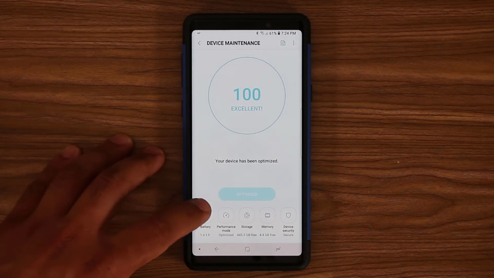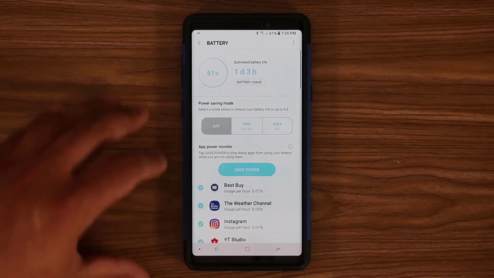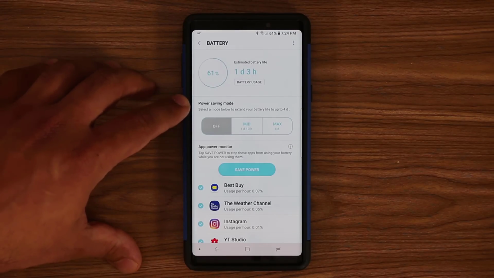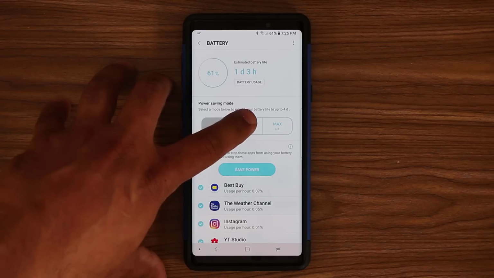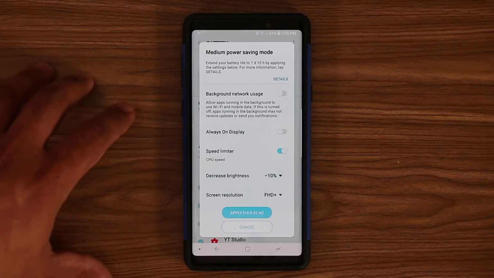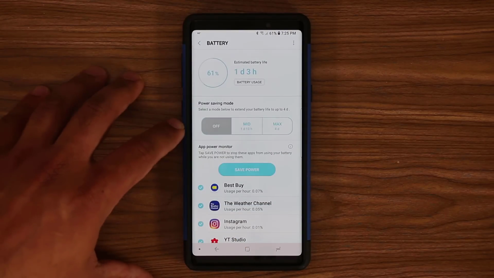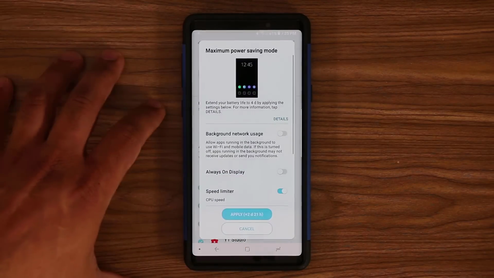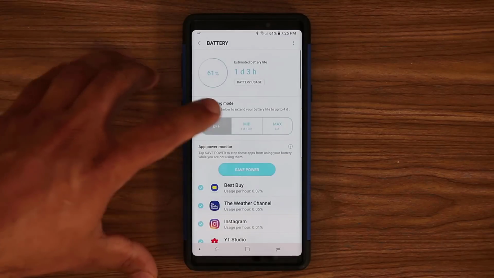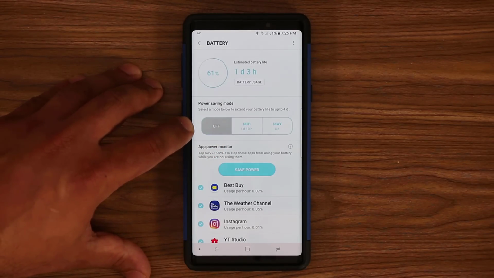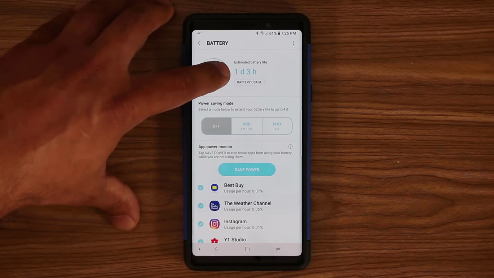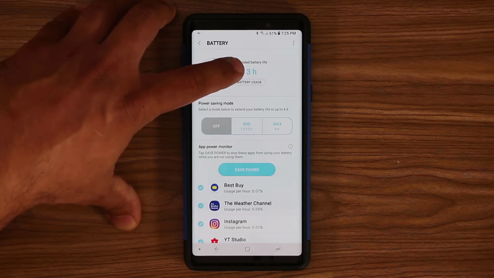Beyond that, what you want to do is go to the battery, and from here what you have is a power saving mode. Now right now, as you can see, the power saving mode is off, but you also have an option to enable a mid power saving mode. Okay, and you also have the option to enable a maximum power saving mode. Now if you look at the bottom here, it says under mid, it says 1 day and 10 hours. So basically with the power saving mode off, you have 1 day and 3 hours of battery life based on